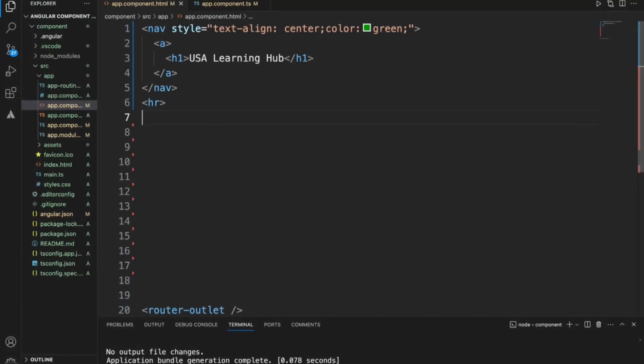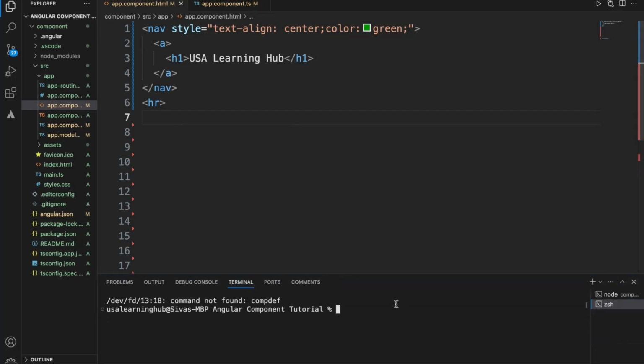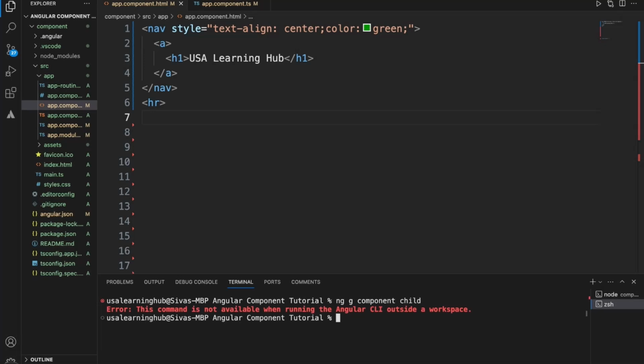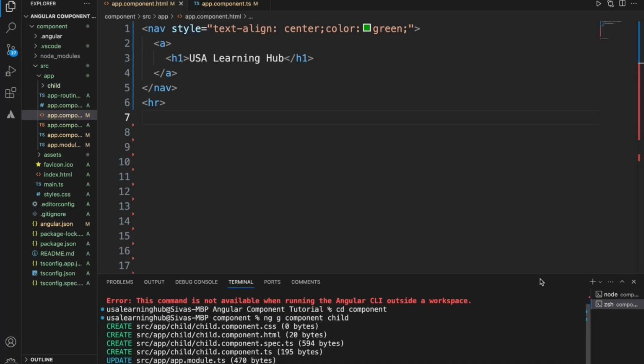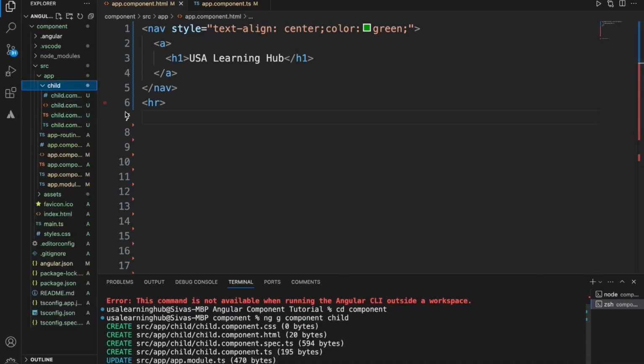So now let's check how we can apply the viewChild for a child component, an actual component. First, before we go for that, let's create a child component since we don't have any child components right now. So I'm using Angular schematics and I create a child component. I should be in the root project folder. So now that the child component is created,